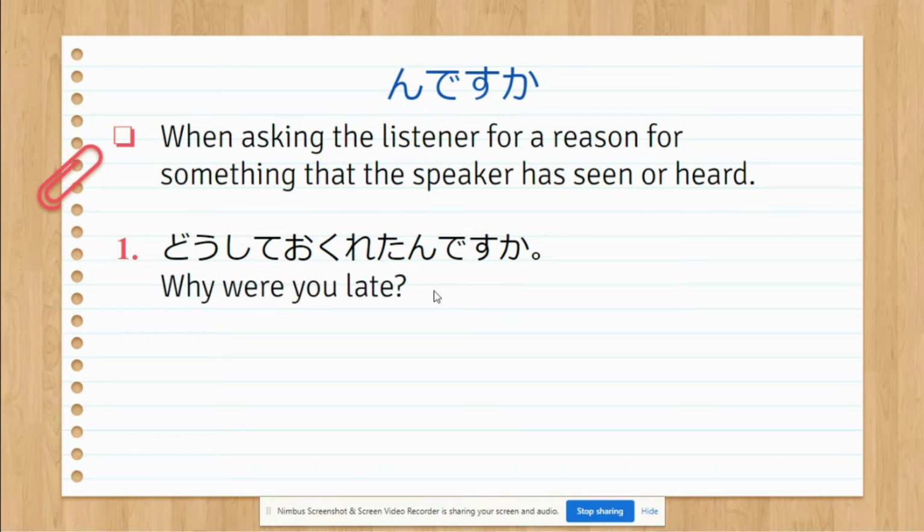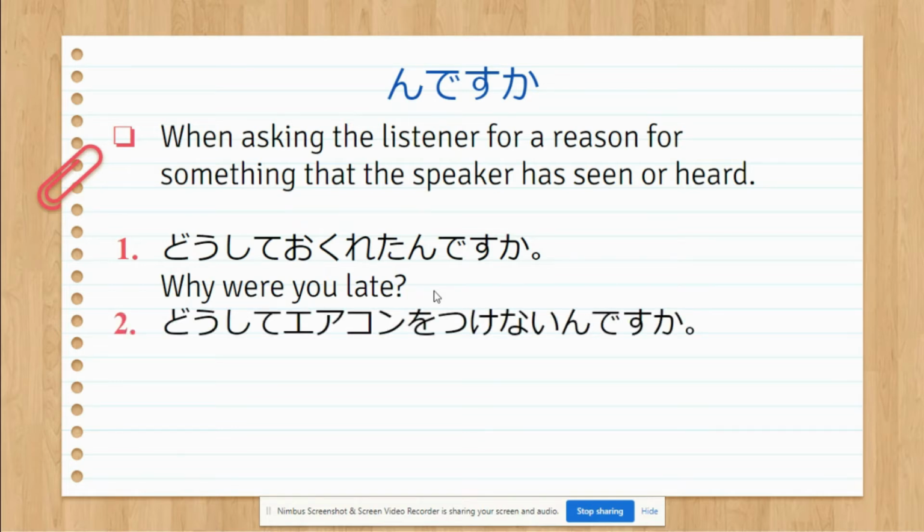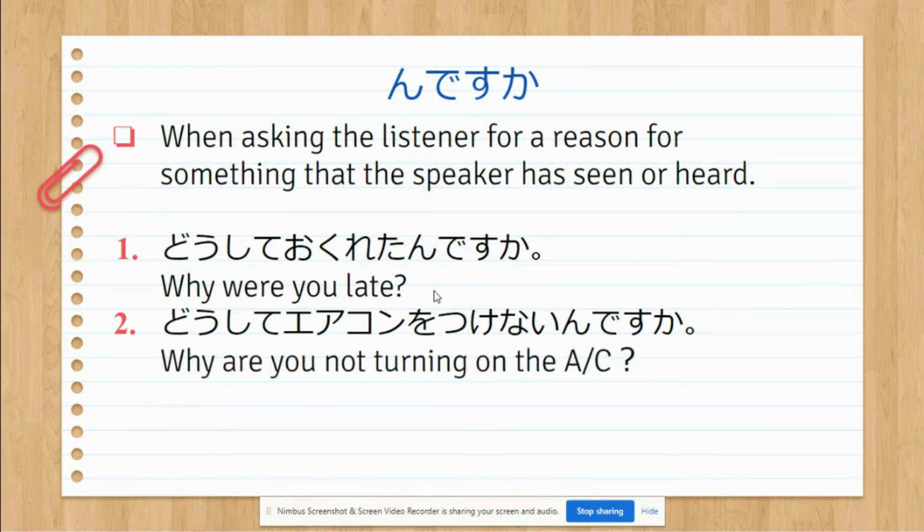So, you will ask this question because you saw that he or she is late. どうして遅れたんですか？ Another example, どうしてエアコンをつけないんですか？ Why are you not turning on the AC? You're asking this because you enter a room, it is really hot, and you notice that the AC is not turned on. So you're going to ask the person who is already inside the room, どうしてエアコンをつけないんですか？